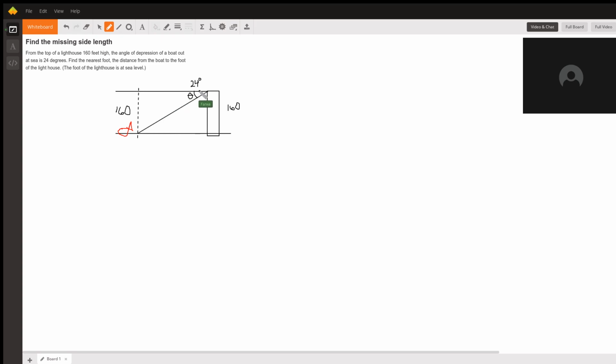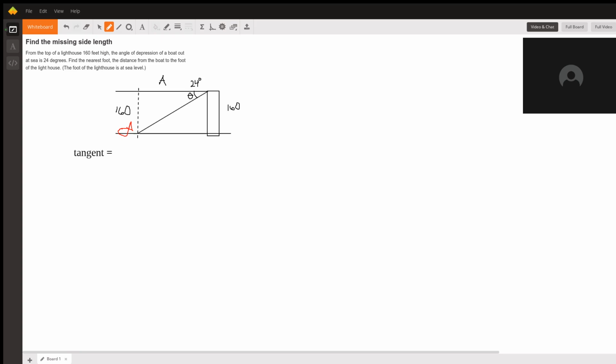So we can use SOHCAHTOA to figure out what the length of this side length is, which we will call A. Oh, that's awful. We will call that side length A. We're going to try that again. So which would you use for sine, cosine, or tangent? I went with tangent, so we're going to say tangent